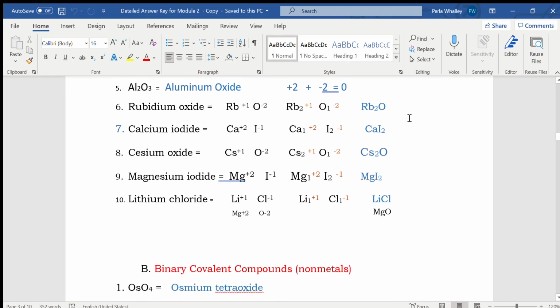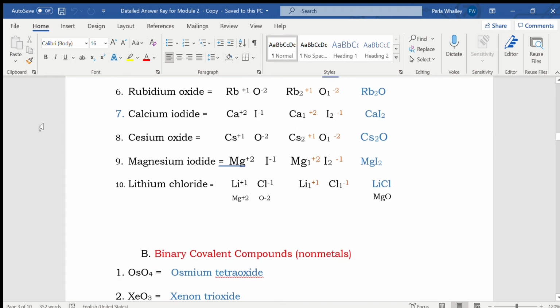Next, we have calcium iodide. The same process. Calcium is plus 2, iodide is minus 1. We cross over the oxidation numbers. 1 is written here, cross to calcium, and this 2 is crossed over to iodine or iodide, and then we just copy